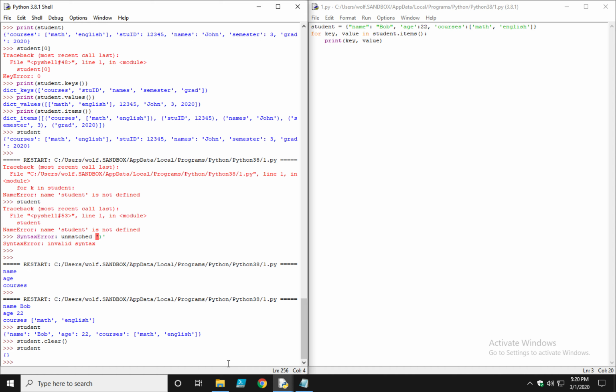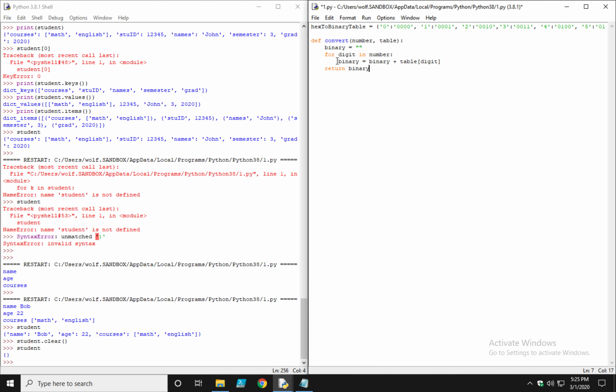Cool. Now, let's say we wanted to do a little bit more, and in this case, we're going to get rid of this. Okay, so we'll just copy and paste in what we have in our buffer, and we've declared a dictionary that has key value pairs that we're going to use for hex to binary. We have a function that we've created here called convert, and that function takes in two arguments. One is number, the other one is table. And what happens is right after that, it declares a variable called binary, and it's going to be an empty